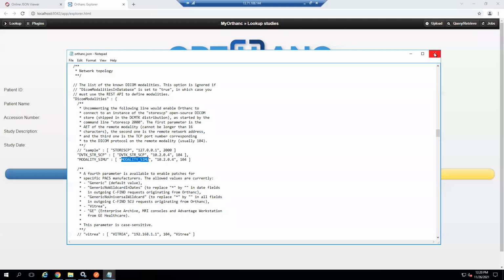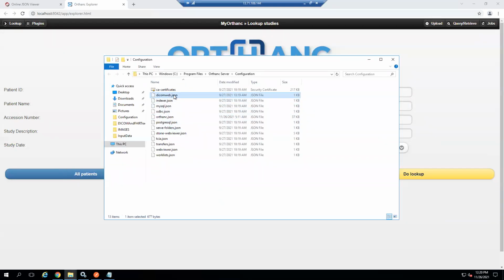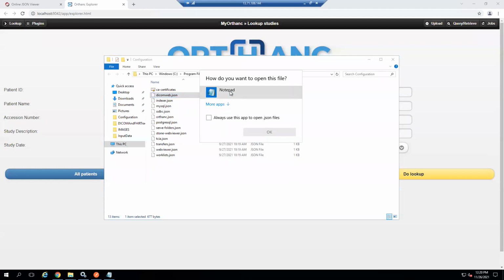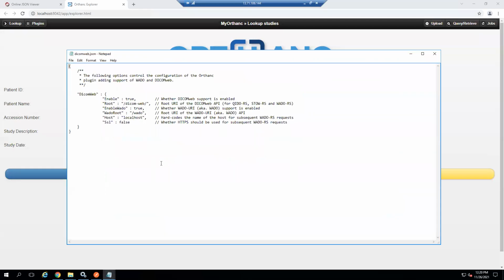Okay, so after this configuration, you'll see here the DICOM web configuration. Here it defines the web configuration and everything. It defines whether we want to support the web related communications, DICOMweb related communications, or not. If you want to support it, we need to give it as true, and then the DICOMweb root is /dicom-web, and this host I have given as localhost.